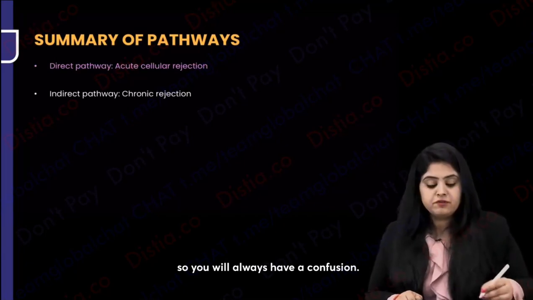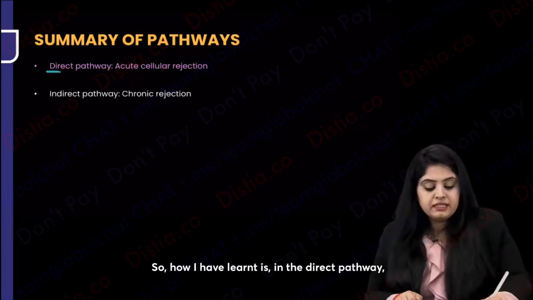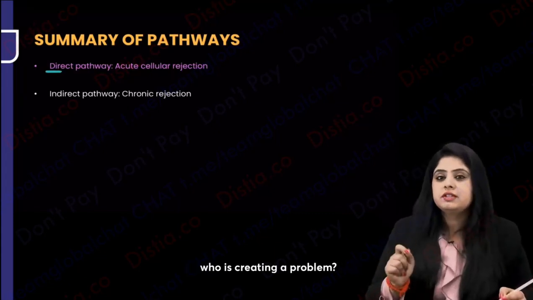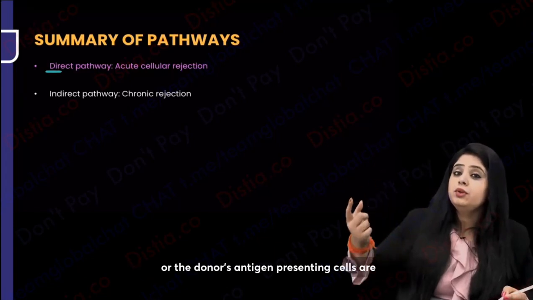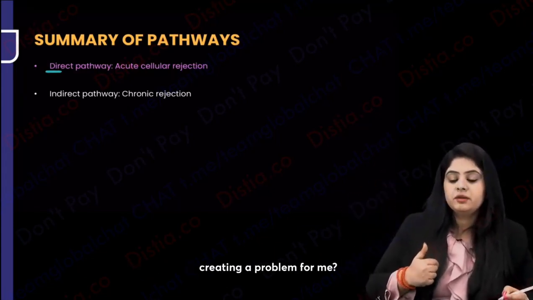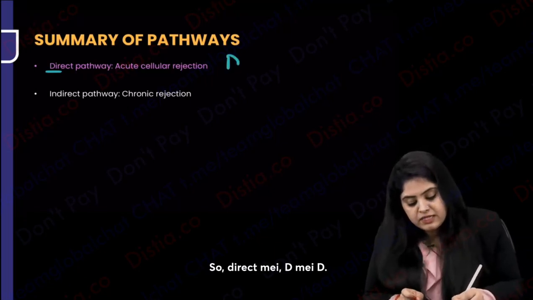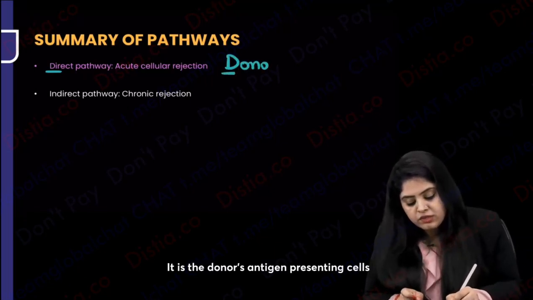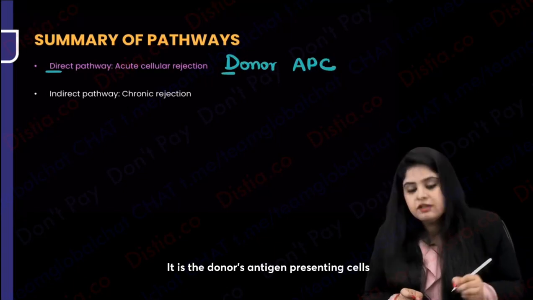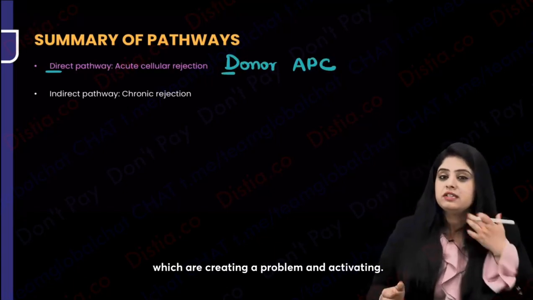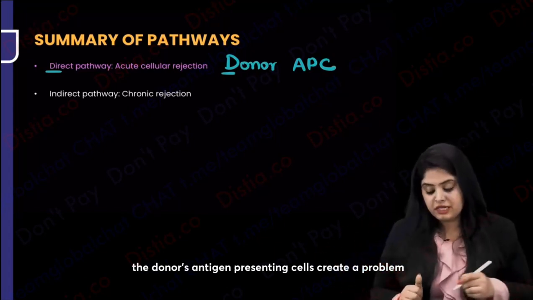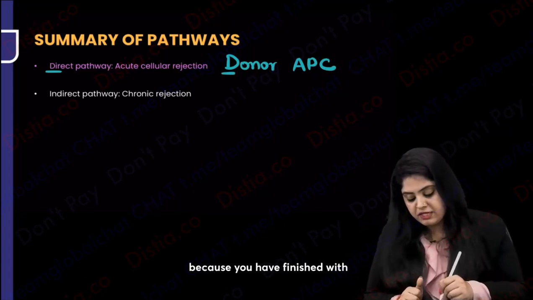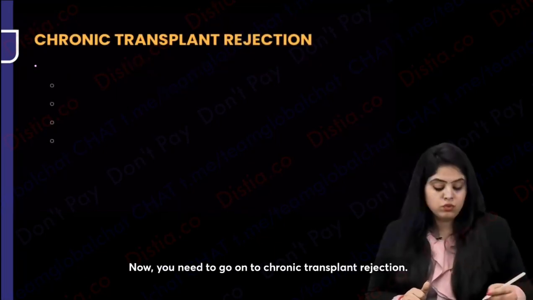So you will always have a confusion. How I have learned is, in the direct pathway, who is creating a problem? My own antigen presenting cells, or the donor's antigen presenting cells creating a problem for me? So direct has D. It is the donor's antigen presenting cells which are creating a problem and activating. So D for D. In the direct pathway, the donor's antigen presenting cells create a problem. Because you have finished with acute transplant rejection, now you need to go on to